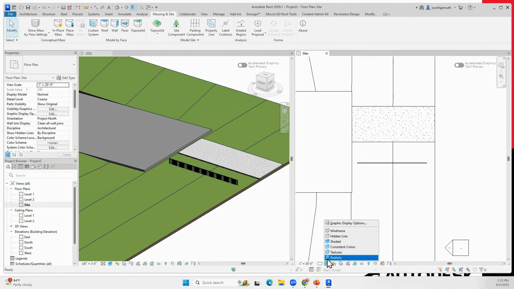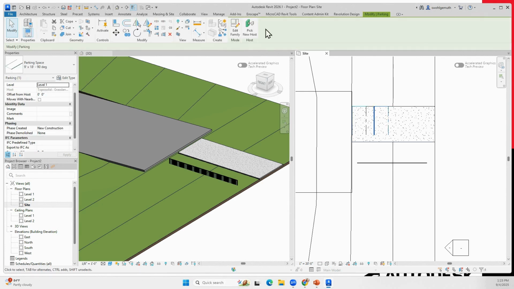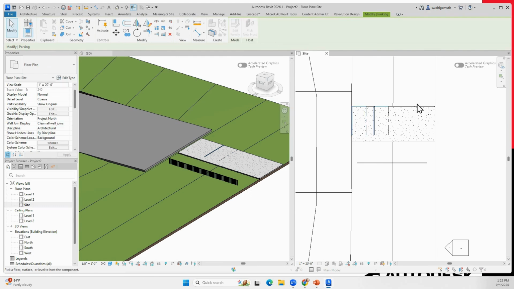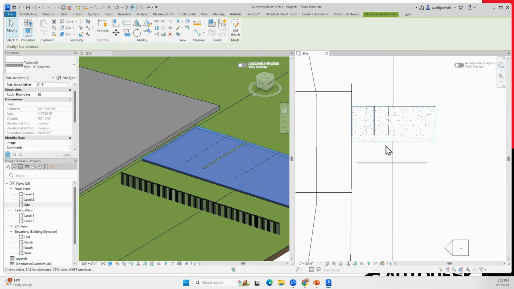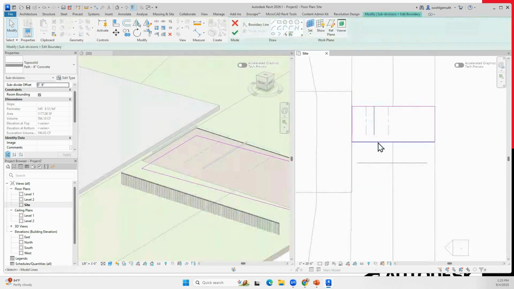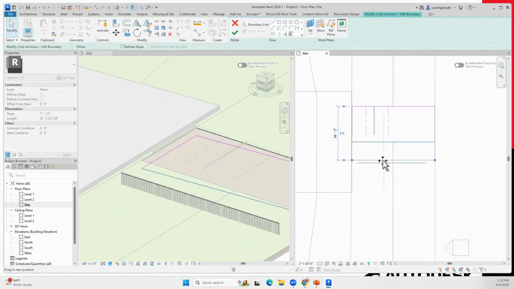Just let me make this a little bit transparent so that I can rehost them up here, and now you can see them right in my 3D view, and they become easier to manipulate. So I can grab this guy and stretch it out,